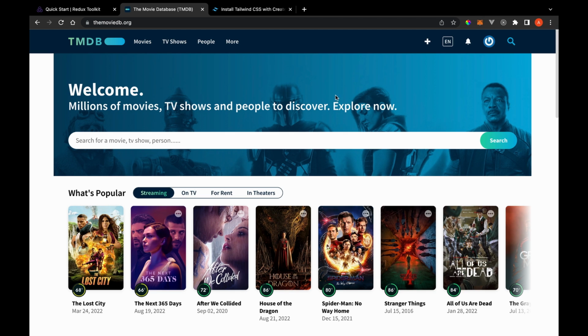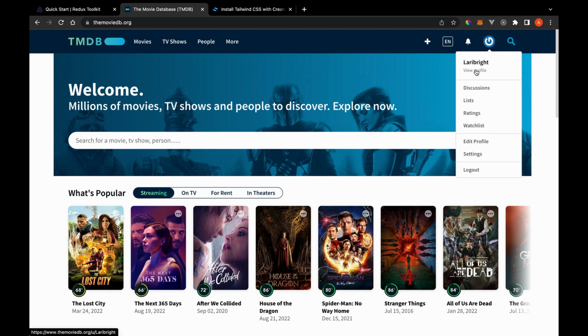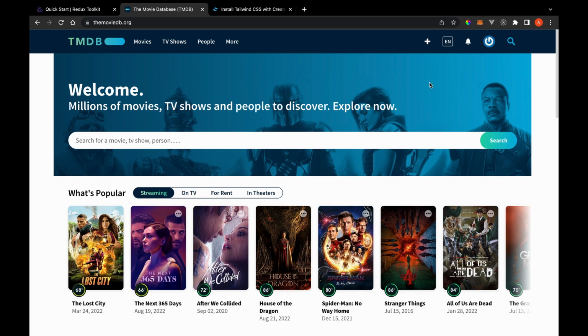To set up the movie database, you would come to this website, set up your profile, and you would have access to an API key that we would be using to authenticate ourselves to this database. So in case you can't use the movie database, go on and use any API of your choice. It doesn't matter, in this case it's just a GET request to fetch some data from some API and display on our screen. So with that said, let's go back to the terminal and see if we are done